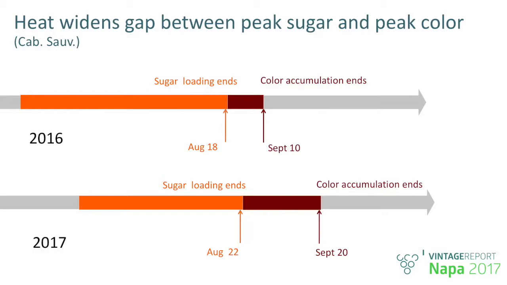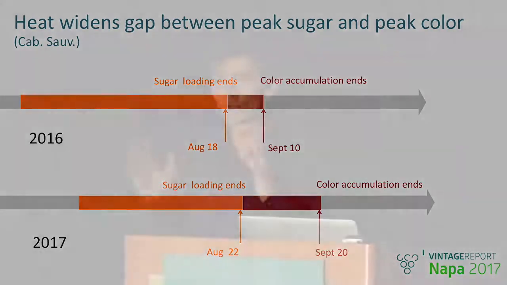In practical terms, what it means is that if on the time axis here I have put the time axis of 2016 and the time axis of 2017, you see in orange the duration of sugar loading described per Nicolas. And you see that on August 18, the sugar loading had ended. Then what I did was looking at all the time profile of color accumulation across Napa, and just like Nicolas found that the peak of sugar loading was on August 22, we found that the peak of color loading in Napa was September 10. So basically you see the width of the window between phenolic maturity and technological maturity.